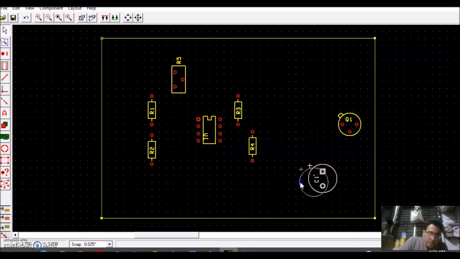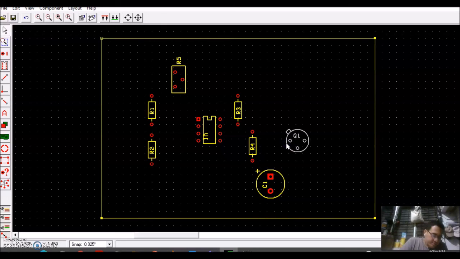And then we would move this right about here. And then let's place Q1 to a different area, like right here. Okay, I think we're now ready to